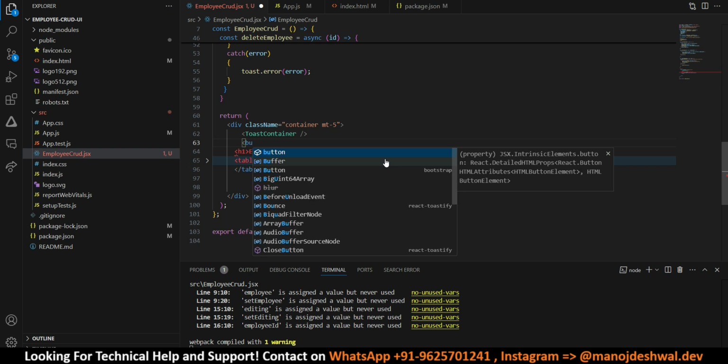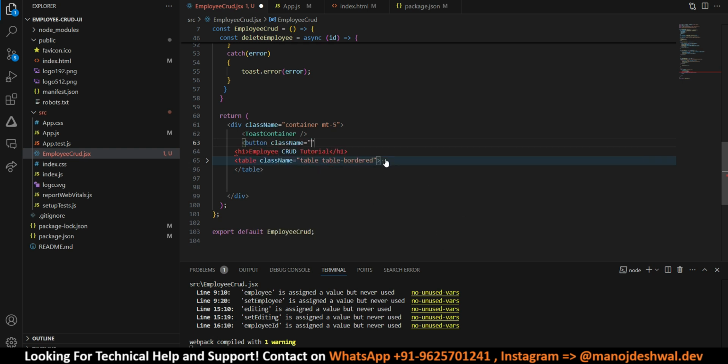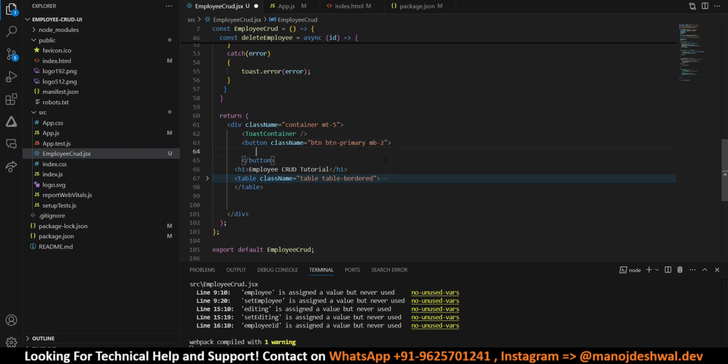So add button, class name btn primary, margin bottom 2, add new employee,